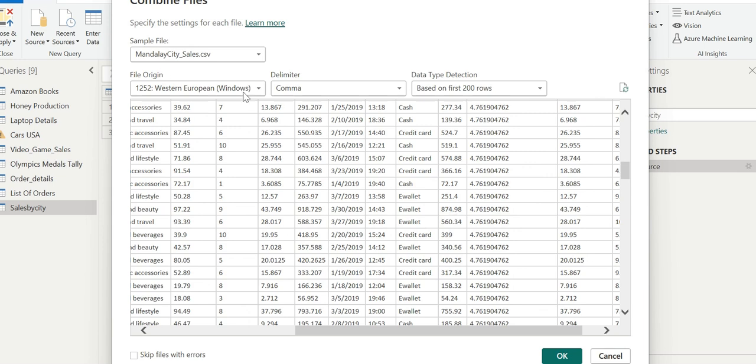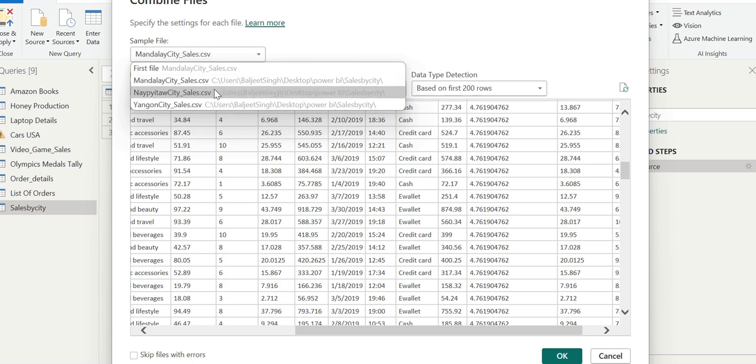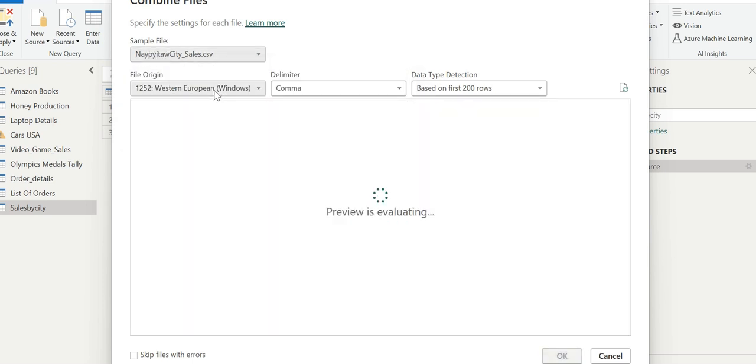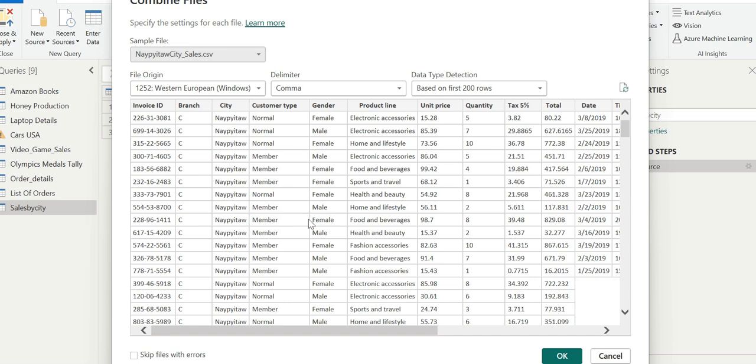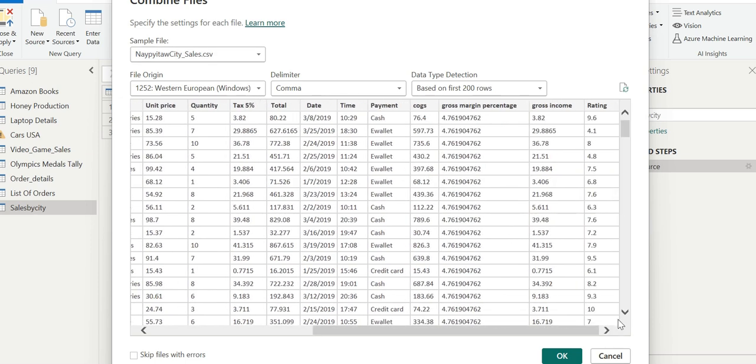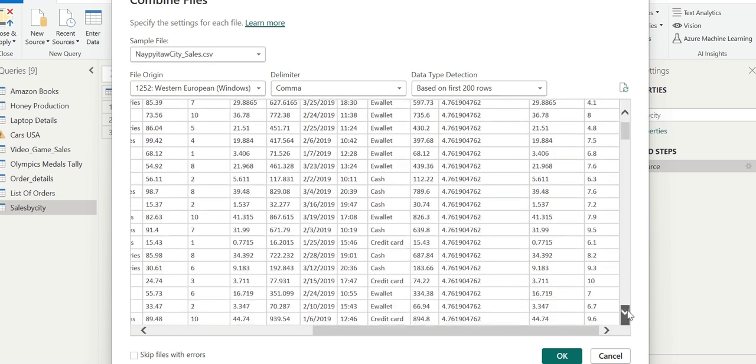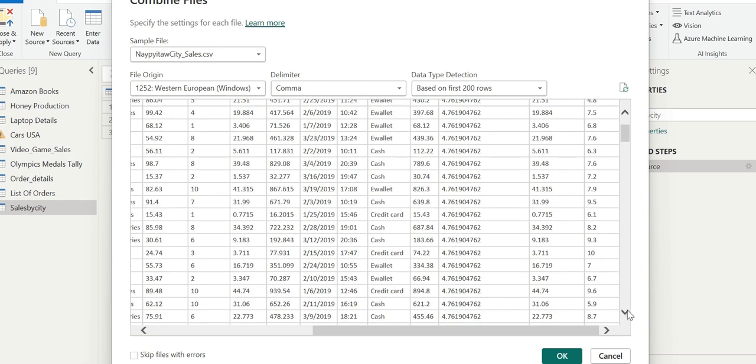Similarly, you can check for Naypyidaw city. It will also have the same number of rows and same number of columns as we have seen previously. If you want to count, you can check that there are 17 columns here, and you can also check the number of rows.